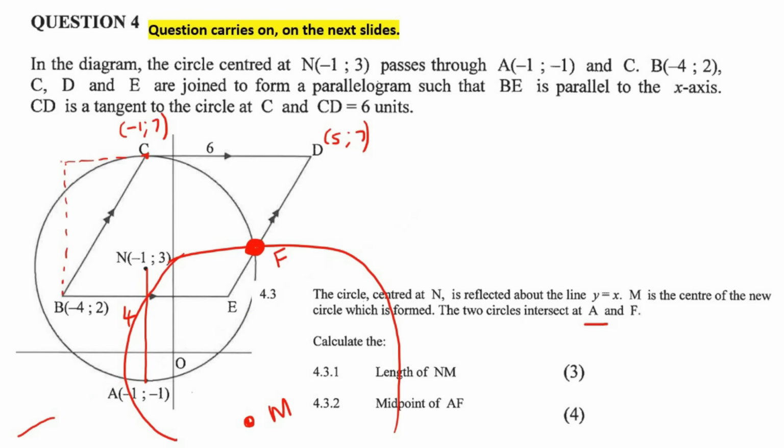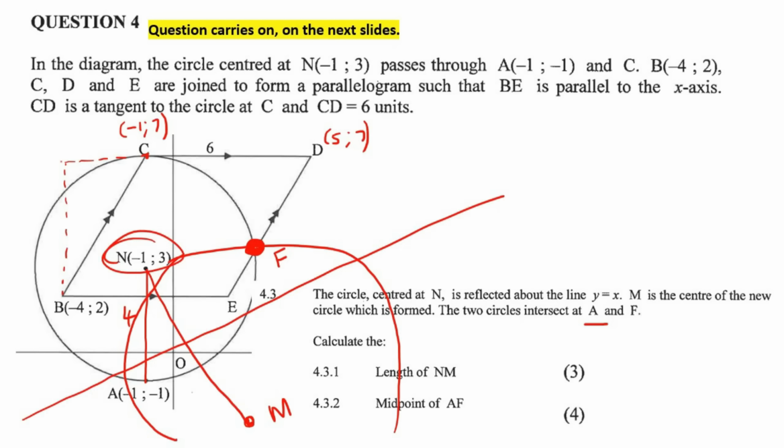Okay. It says calculate the length from N to M. That's easy, because as we said just now, if you reflect across this line, so if you take this coordinate and you reflect it to M, the coordinates just switch around. So this would just become (3, -1). Okay, so now you can work out the distance of NM